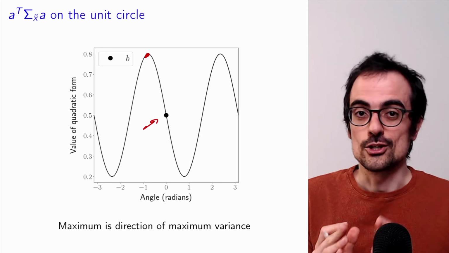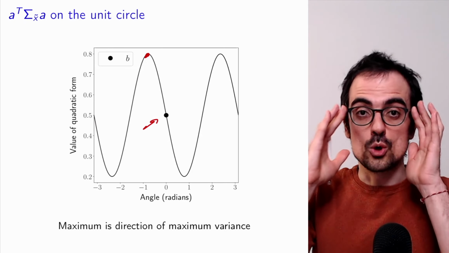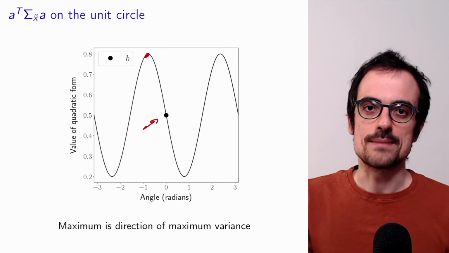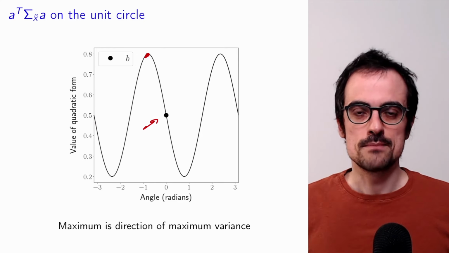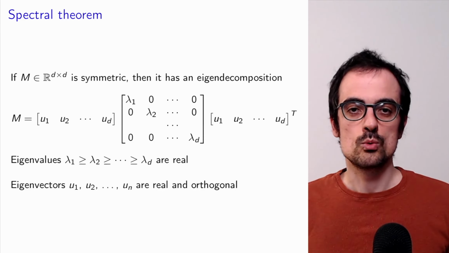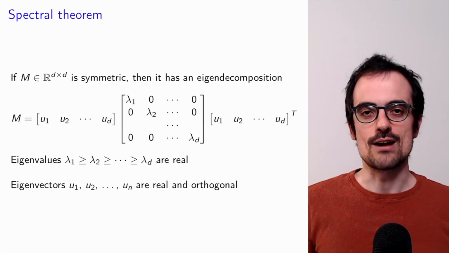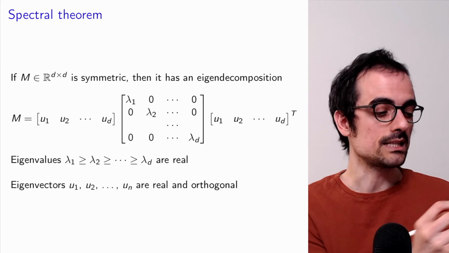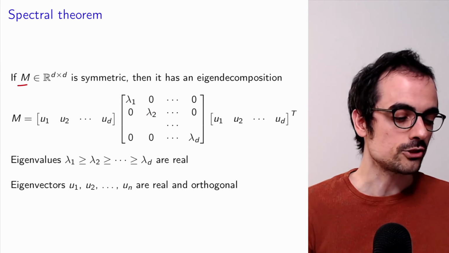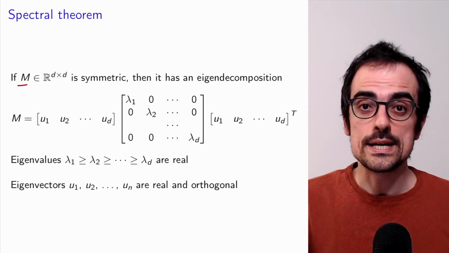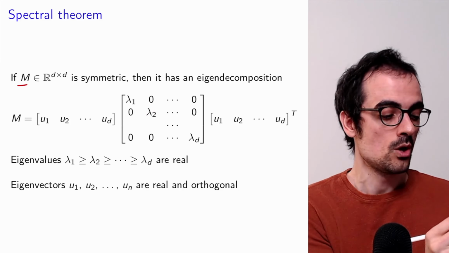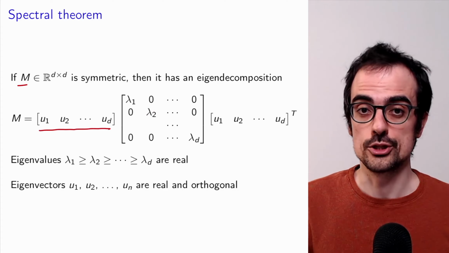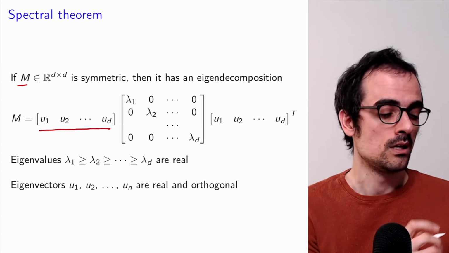This is really not obvious, and we're going to show why computing the eigendecomposition gives you the maximum in a separate video. But for now, we're going to accept that result, which is a fundamental result in linear algebra, called the spectral theorem. The spectral theorem tells us that if we have a symmetric d by d matrix, then it will always have an eigendecomposition where the eigenvectors that we have drawn here, which we're all going to assume have unit norm, are